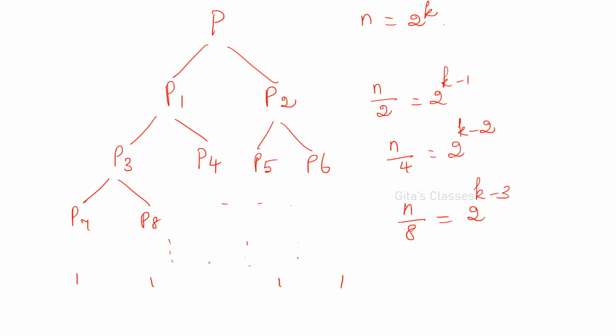So this is a typical tree, right? What is the height of the tree you will get here? Till which step can you go? The height of the tree will be K. K levels you will have. This is level 1, level 2, level 3. So how many levels will you have? K levels. So the height of the tree is called K.